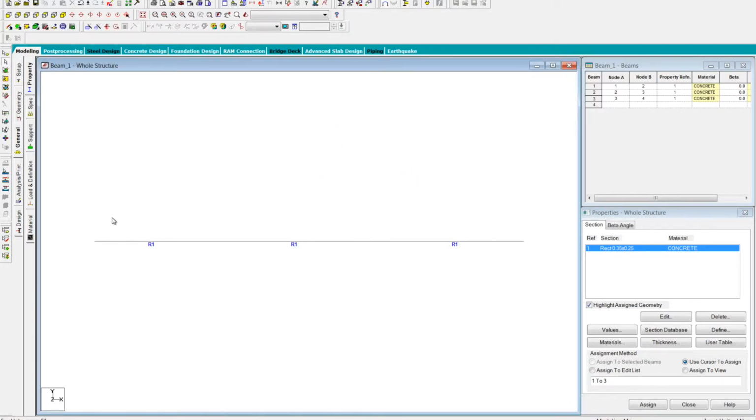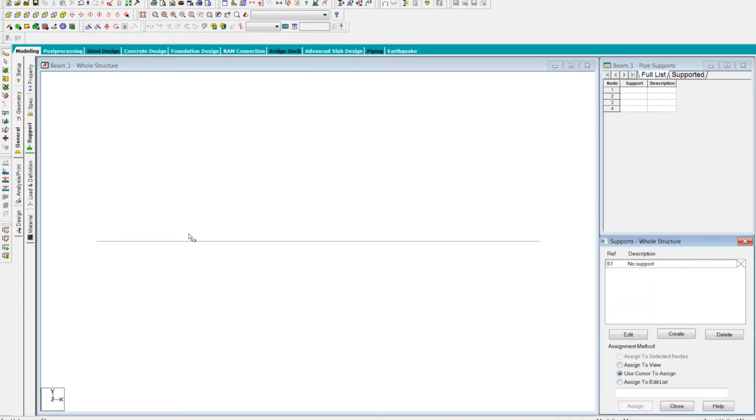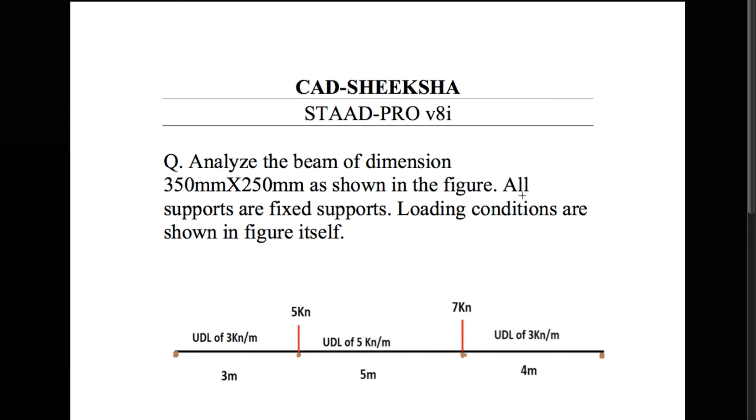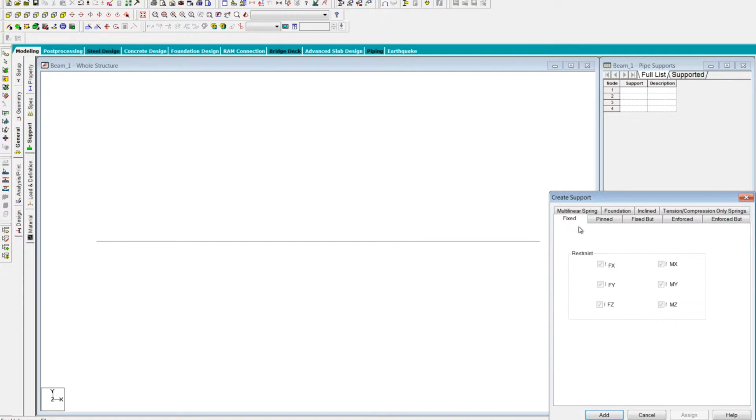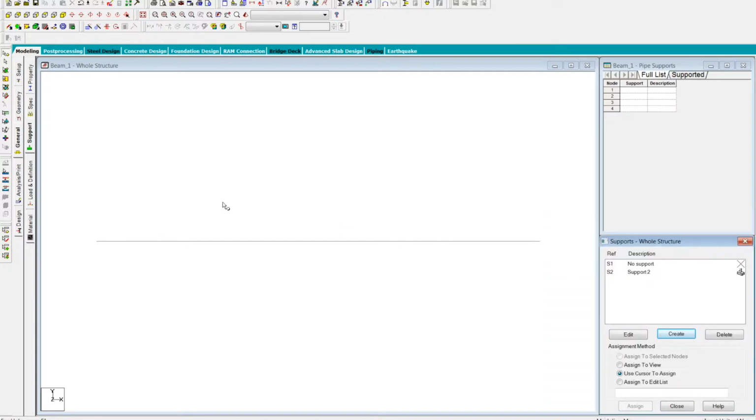Once you have defined the property of the beams, the next is to apply the supports. Here it is clearly stated that all the supports are fixed supports. Hence we will create a new support, that is a fixed one. We will click on add, and now first of all we will select a nodal cursor. We will select all the nodes.